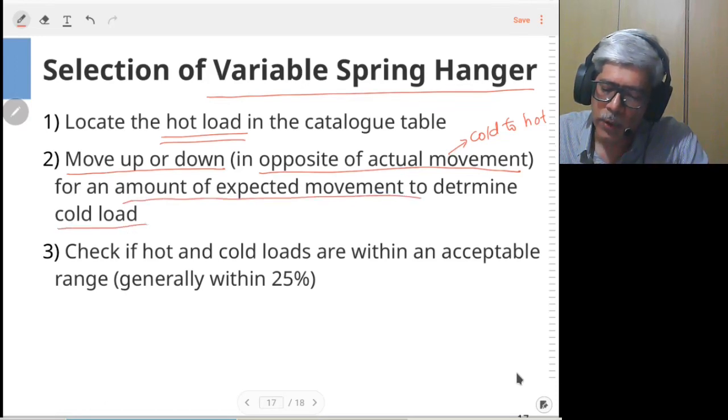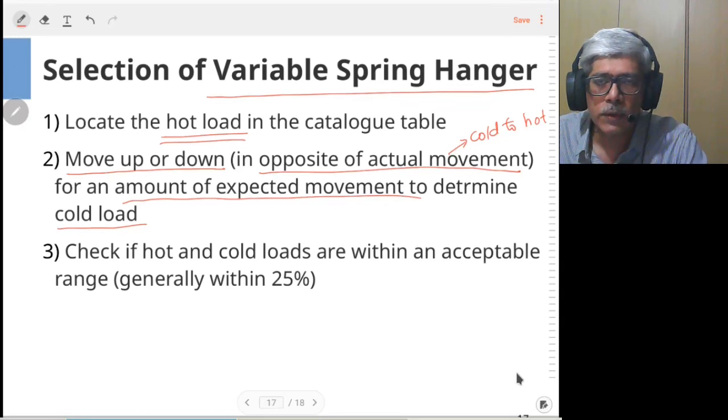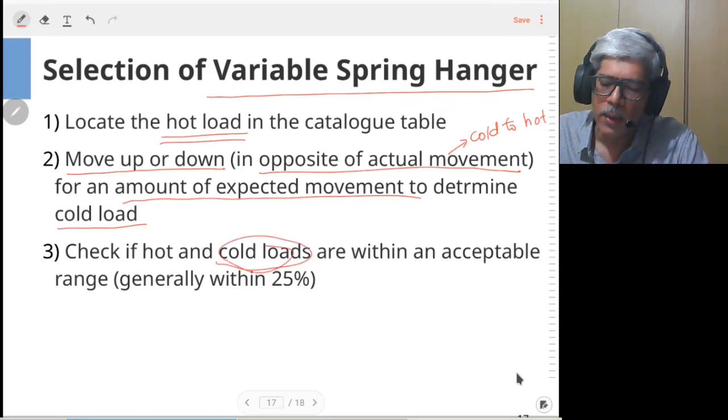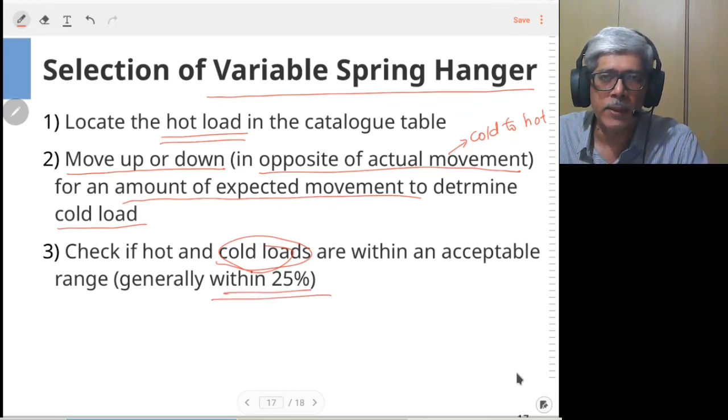By the expected amount, you have to move down. Once you reach the required displacement, you find the cold load for the given series and size. The difference between hot and cold should be within the limits. Typically within 25% is considered okay. That is how the calculations are done. Now let's look at one numerical problem which will make this procedure more understandable.